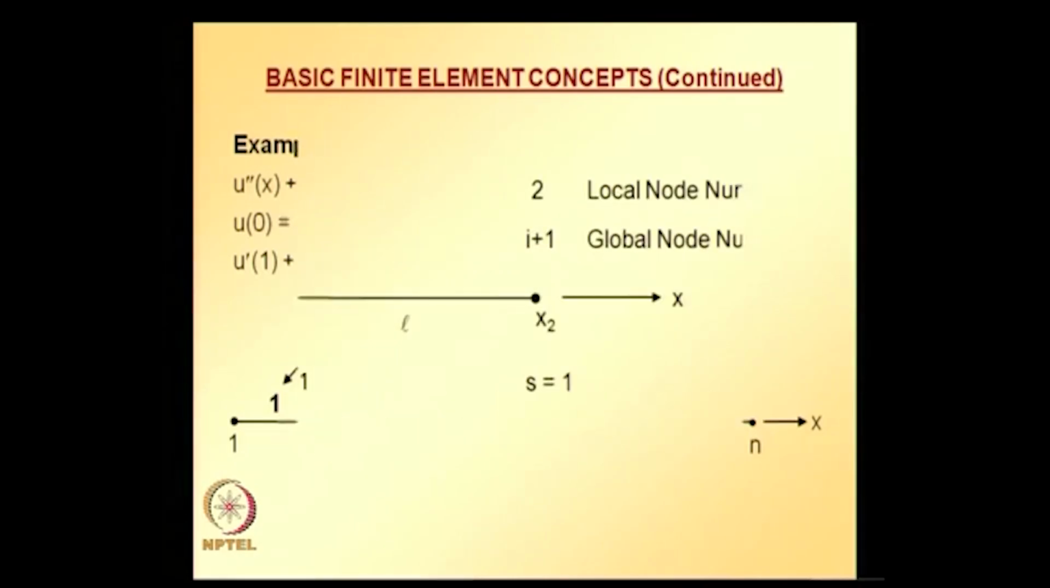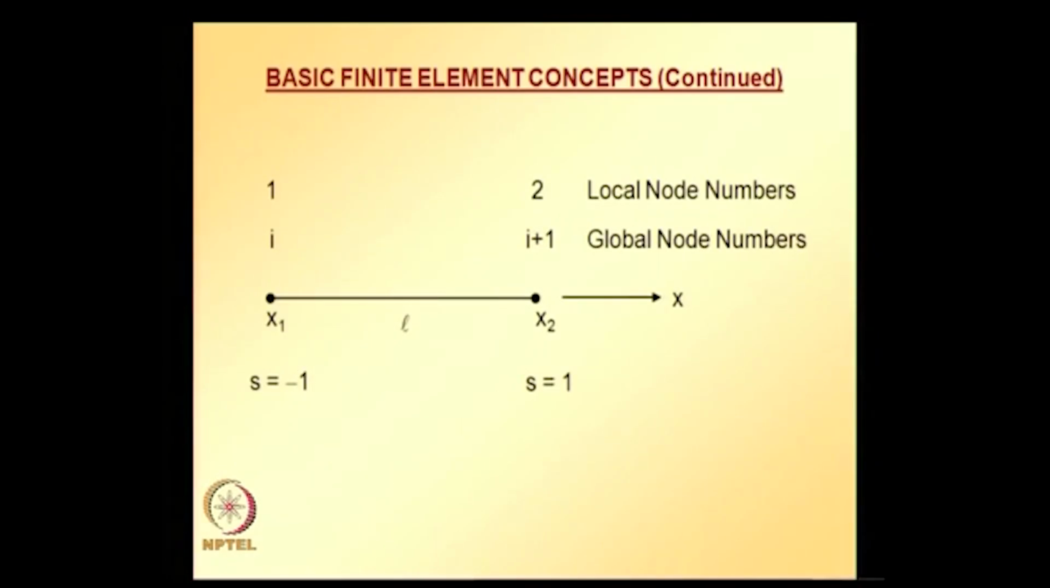And a typical element looks like this. Here both global node numbers and local node numbers are indicated. For a particular element, you may have at global level some particular node number, but if you take that element locally, it may have node 1 and node 2. So, global node number is denoted with I and I plus 1, local node number is denoted with 1 and 2, and the first node spatial coordinate is x1, second node spatial coordinate is x2, length of this typical element is L,